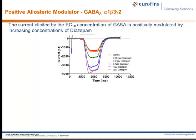So now we will look at the positive allosteric modulator response for the GABAA alpha-1 cell line. And what we want to show here is that the current elicited by the EC10 concentration of GABA can be positively modulated by diazepam in a dose-dependent manner. Once again, the traces that you see here are just from a single cell trap, and they're exposed to increasing concentrations of diazepam, starting from 1 nanomolar going up to 3 micromolar. And we have a 1-minute pre-incubation with the diazepam prior to a 3-second application of the EC10